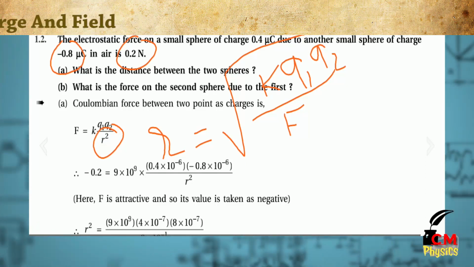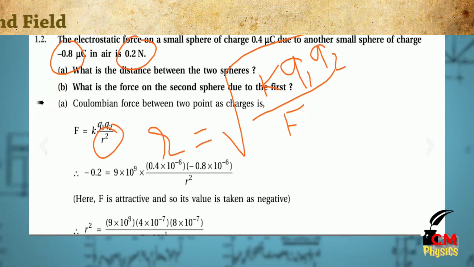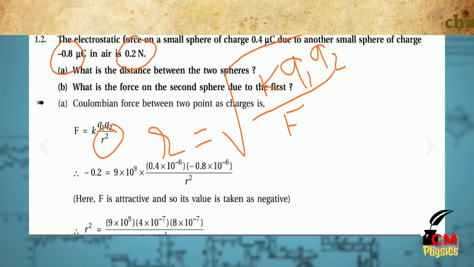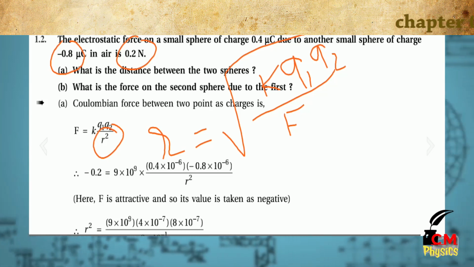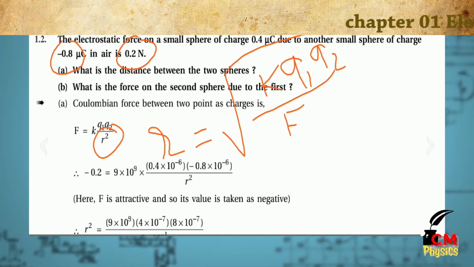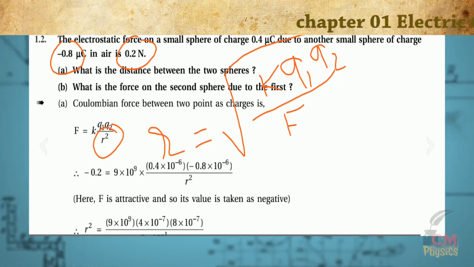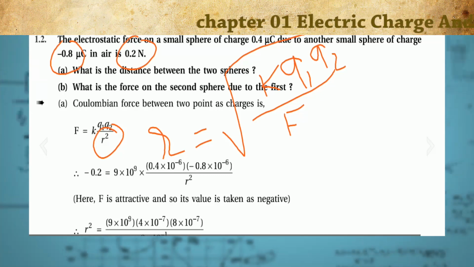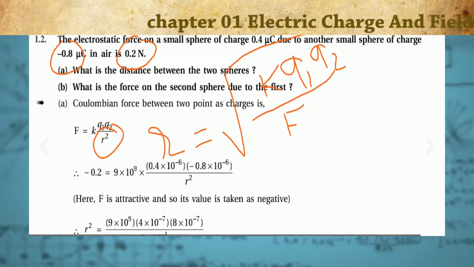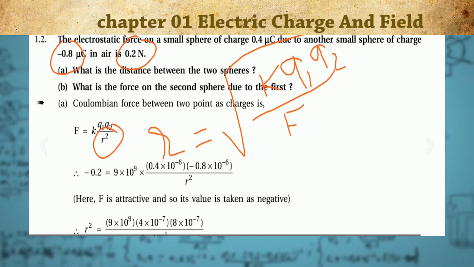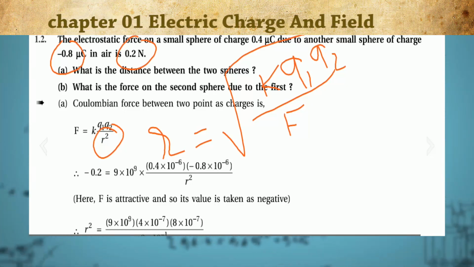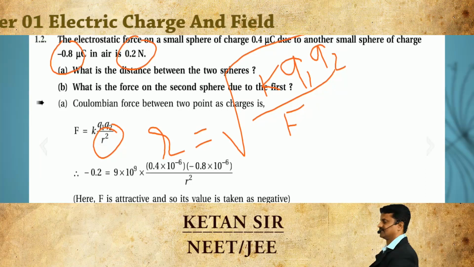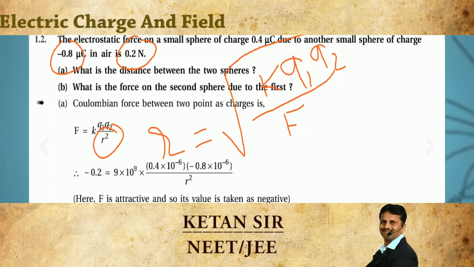We put the positive charge as positive and the negative charge as negative when we want to deal with the direction of force. At that time we put the plus and minus sign, whatever the charge may be. Here we do not need any direction of the force. Here obviously the positive and negative charges are attractive, but we don't want to consider the direction, so always put the positive charge whether it is positive or negative.